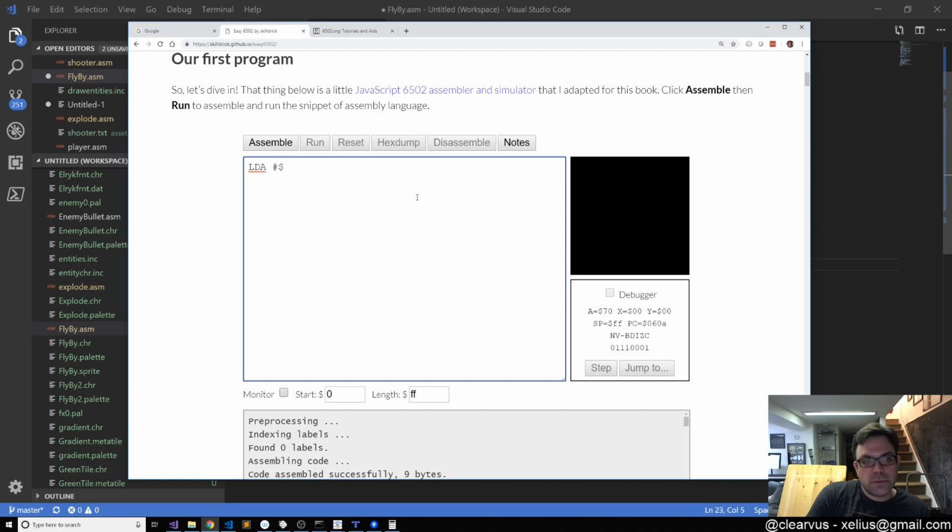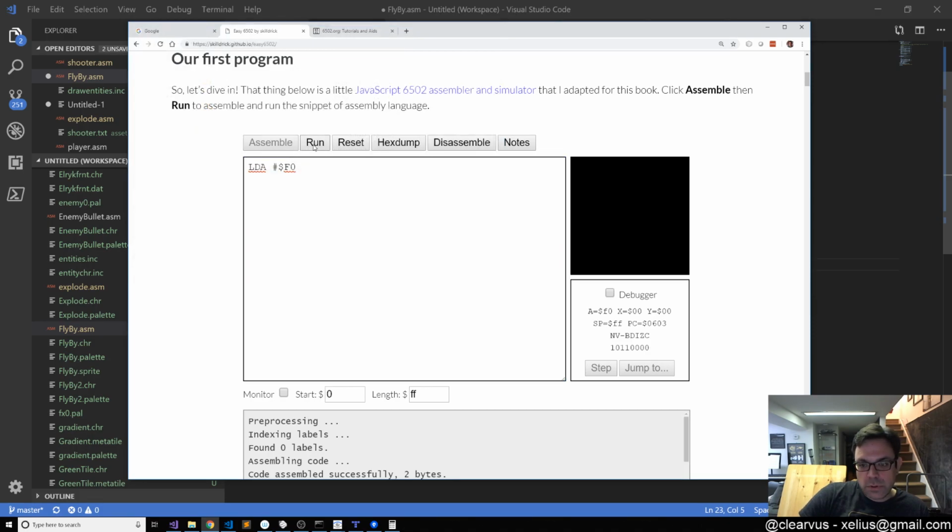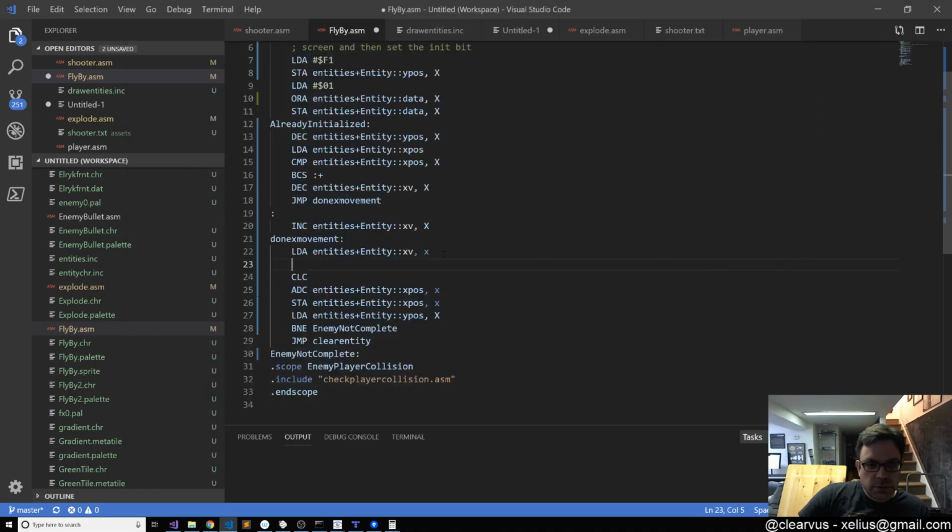Load A, let's say F0, and then if we do 20, that N bit should be set. Right, so